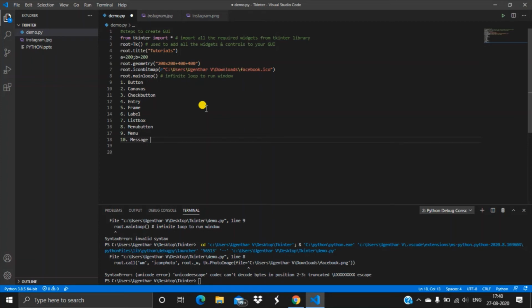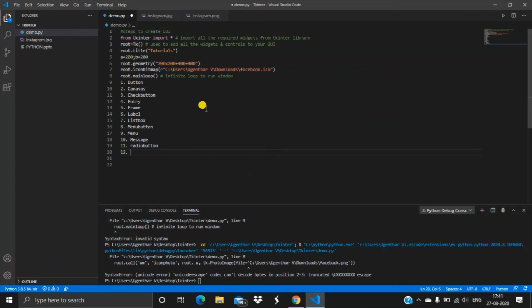This widget is used to display multiple text fields for accepting values from the user. And there is also Radiobutton. This widget is used to display a number of options as radio buttons. The user can select only one option at a time.